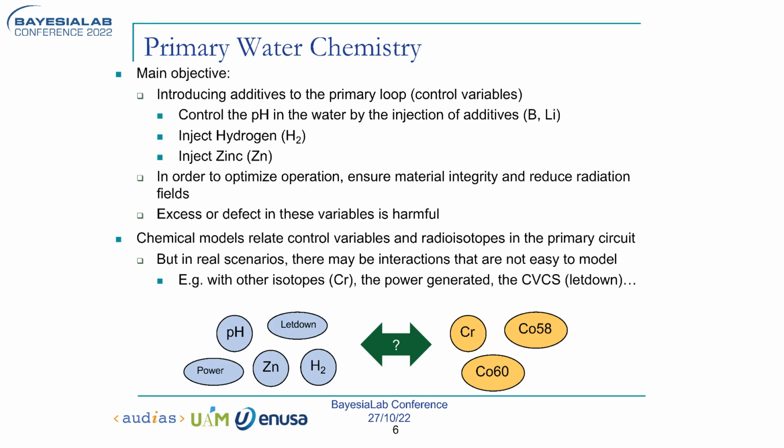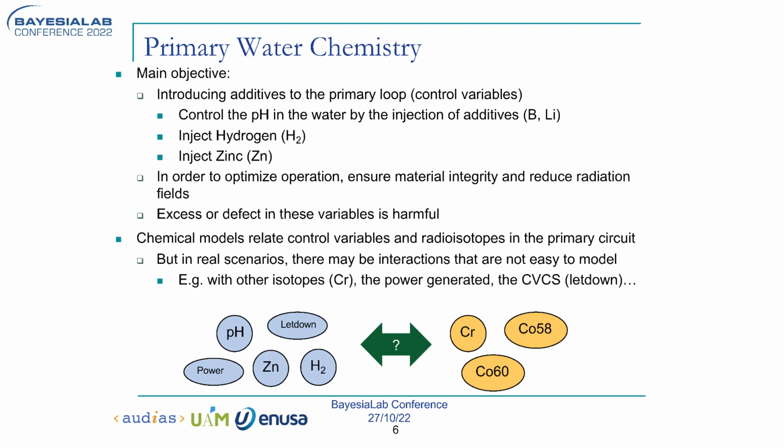So the pH in the water can be controlled by the injection of some additives like boron or lithium. And it has an influence in many ways in this mix that is the water inside the reactor. Then we can inject hydrogen, and then we can inject zinc. Basically both of them are used to control the water in the reactor, and try to reduce the amount of. But if we inject too much zinc, too much H2, or too much boron or lithium,